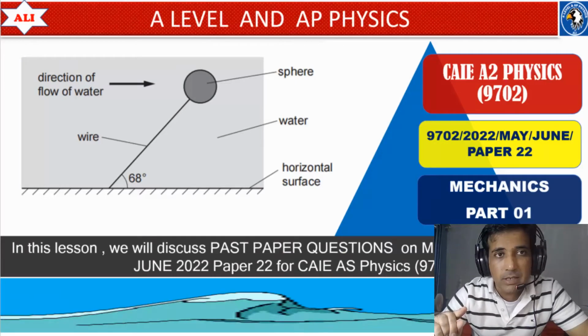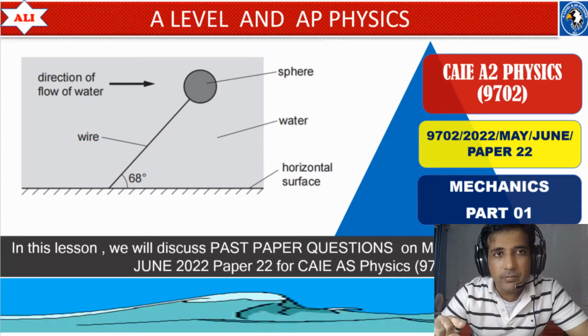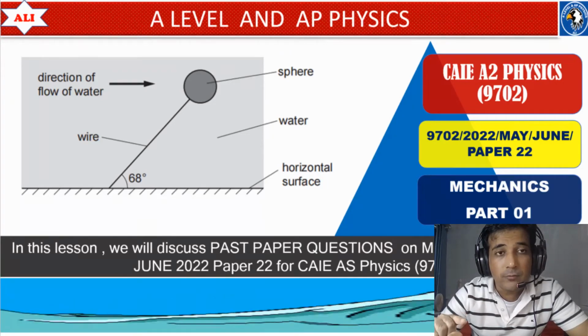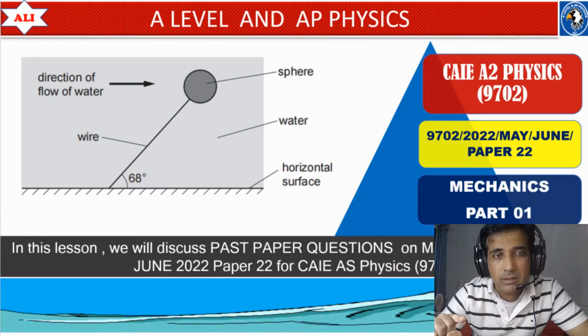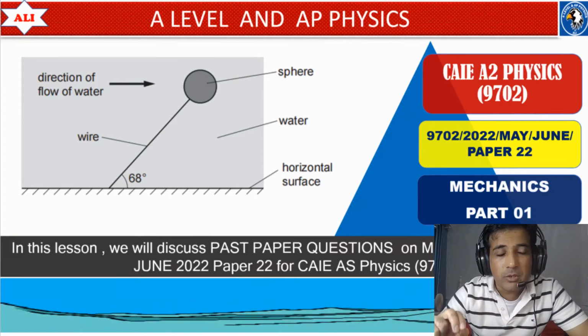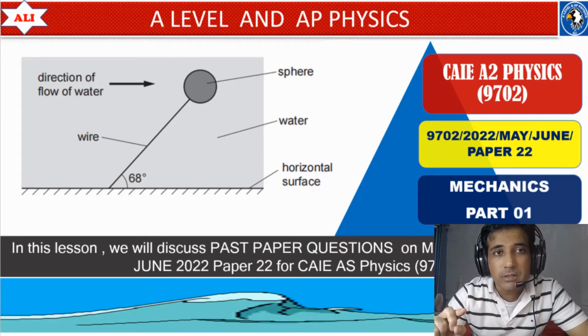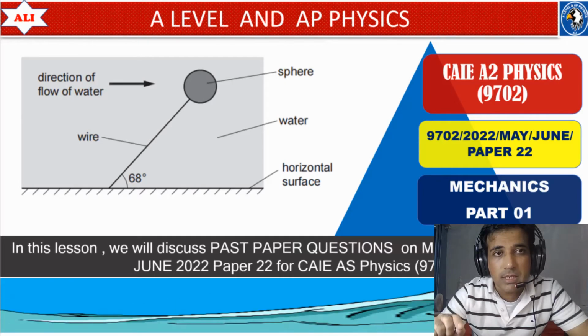You need to understand physics is not just for memorizing. You can never improve your concept of physics just by memorizing. What you need to do for physics is to improve your conceptual understanding, because every question in physics is different and it is only based on your conceptual understanding.